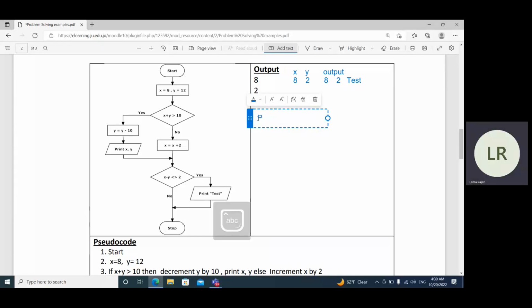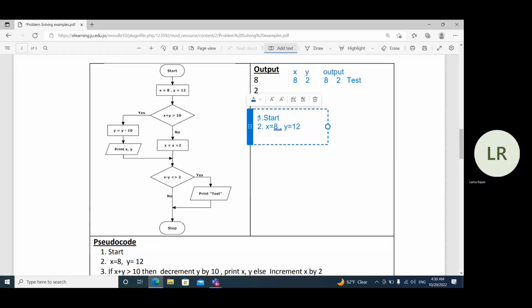Now the equivalent pseudocode for this flowchart is: step 1, start. Step 2, x equals 8, y equals 12. Step 3, if x plus y is greater than 10, then